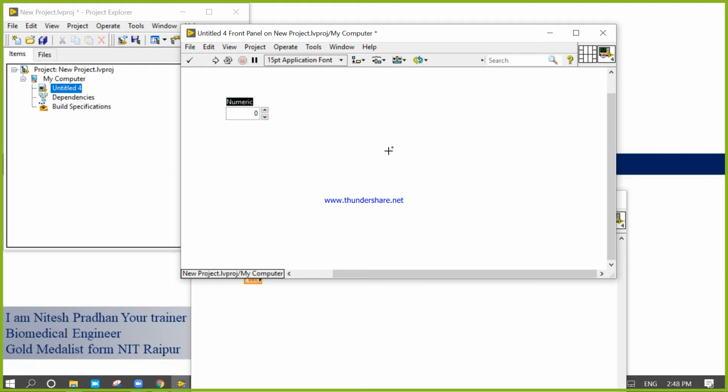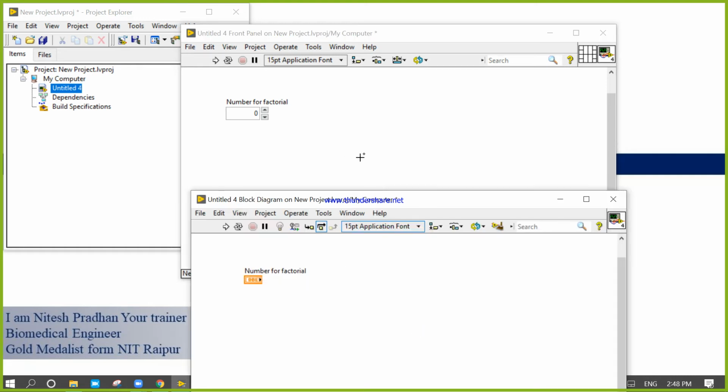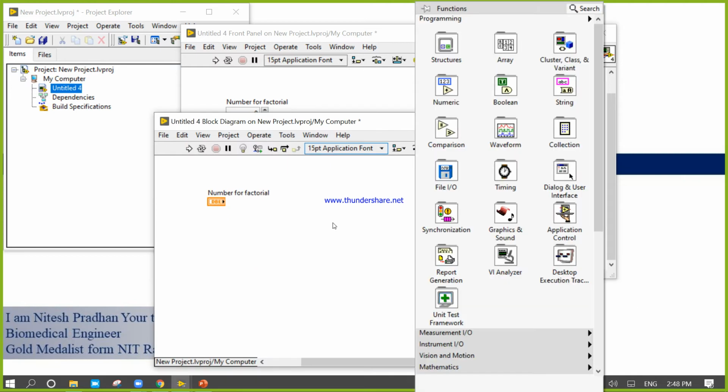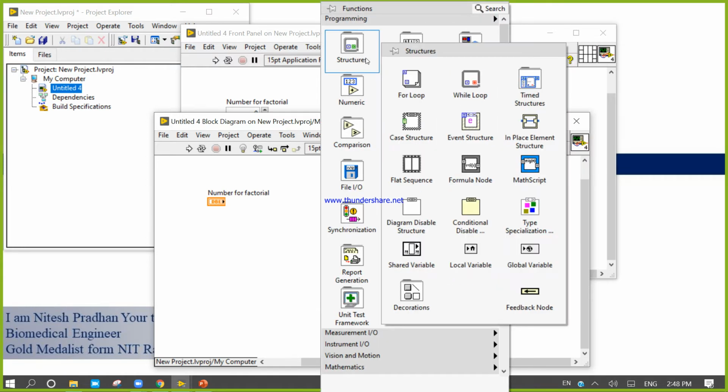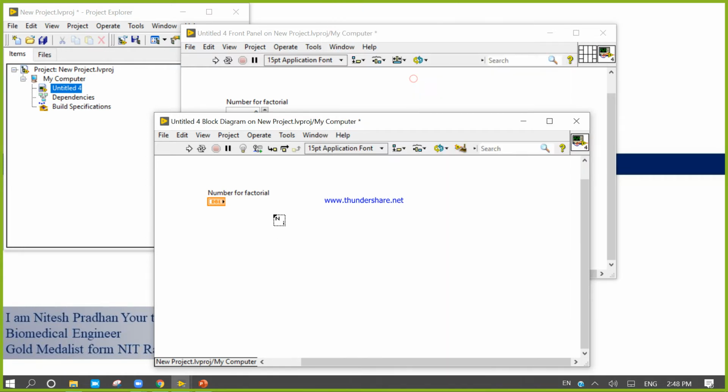Okay, number for factorial. Okay, now number for factorial. Okay.